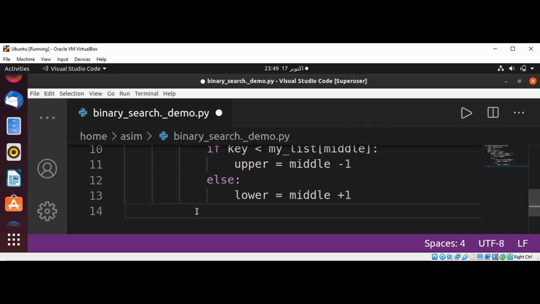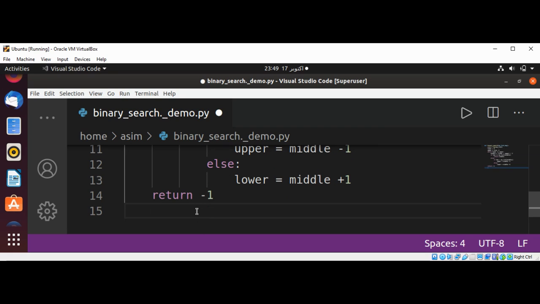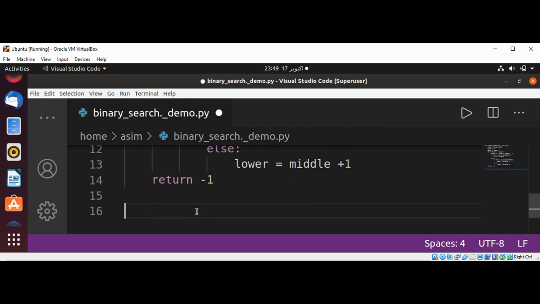Return minus 1 if key is not found. And now we can test our function by creating our list. First, this will be list_1 and some values: 50, 80, 100, 200,